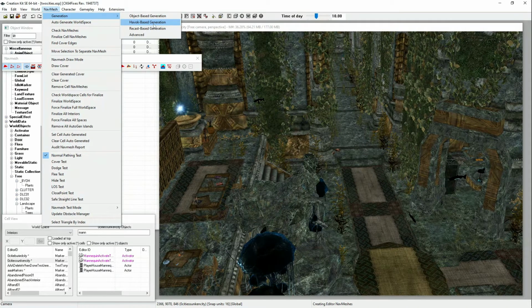So I'm not going to start generating it and then stop recording, because I'm going to then crash the creation kit. So I'm not going to do that. Alright, so